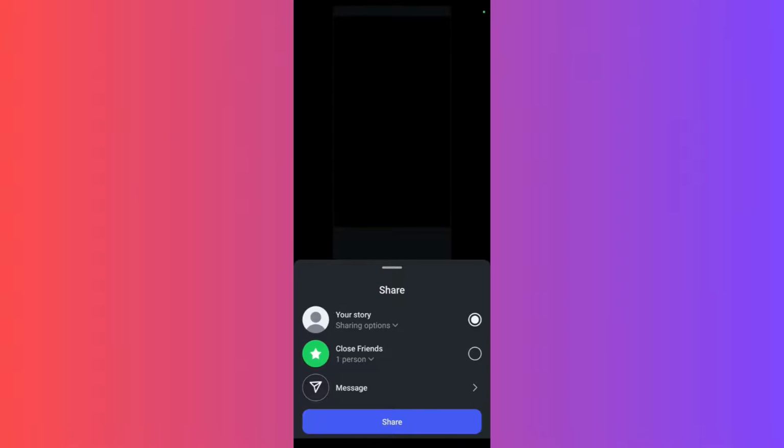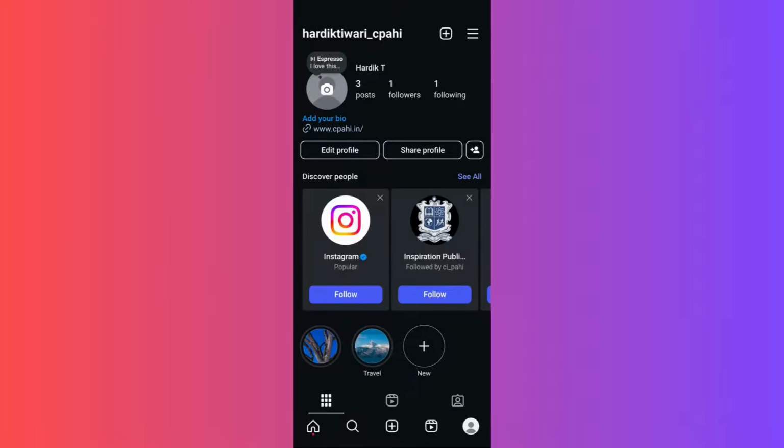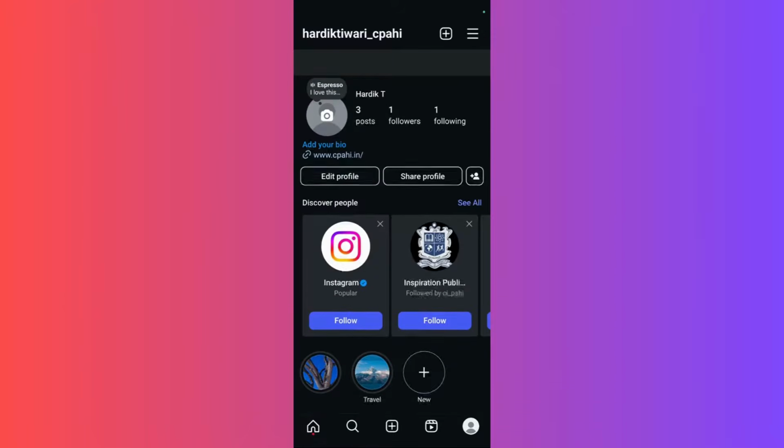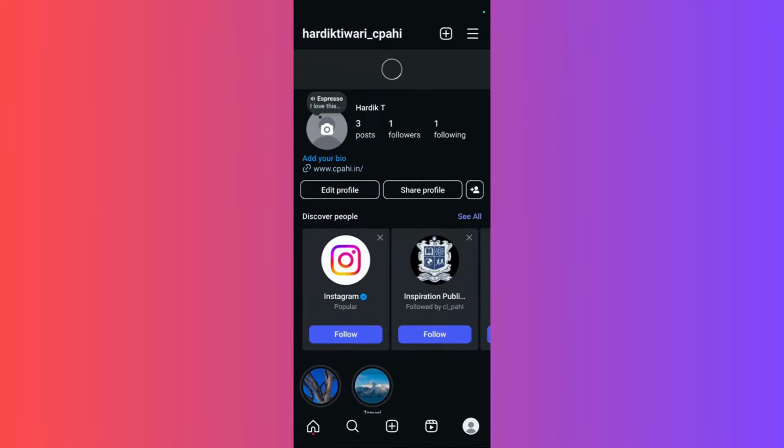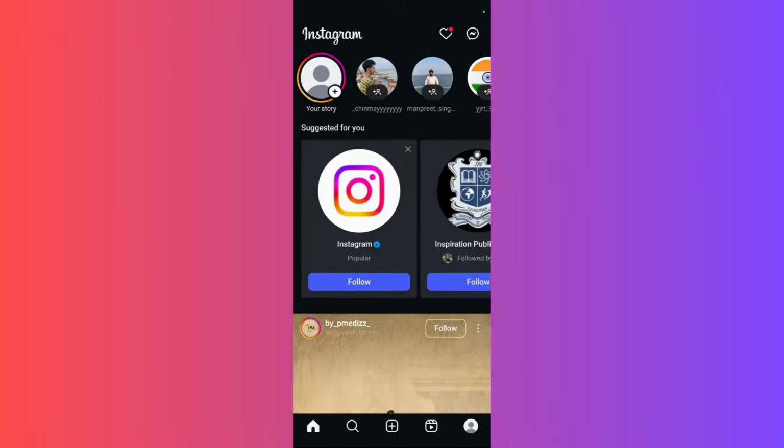Here you can see the audio has been added successfully. Then you click on the share button and click on the done button. Just wait for the story to get uploaded. And once the upload has been finished, you can review whether your changes have been saved or not. So here you can see that the story has been successfully updated and you can hear the music in the